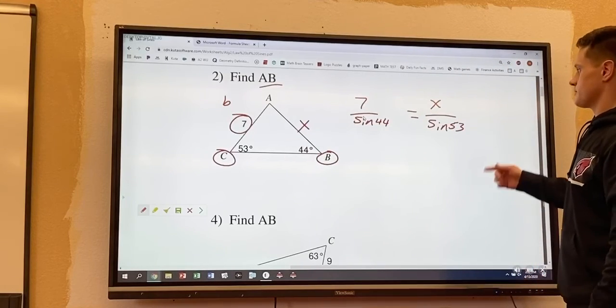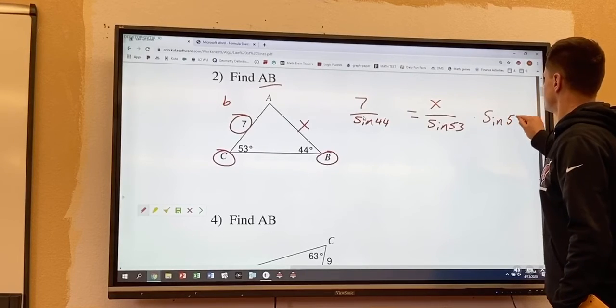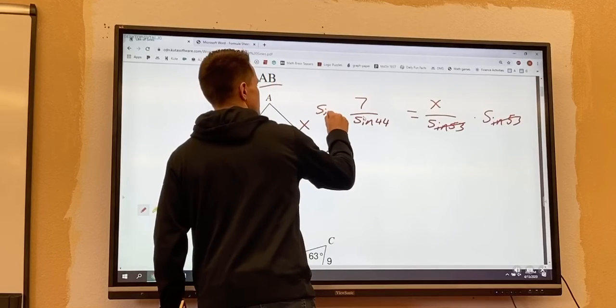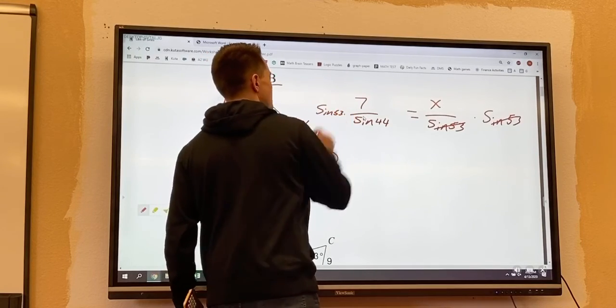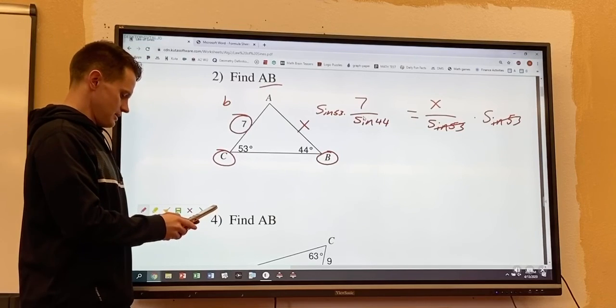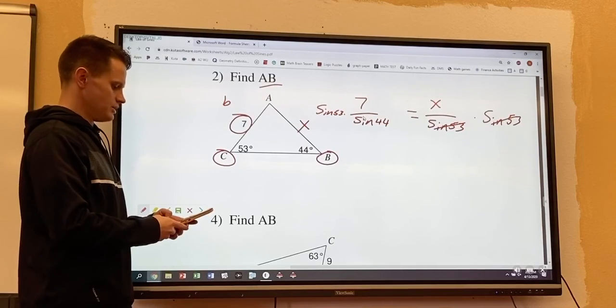And then from here again, just isolate your variable. Sine of 53, that cancels, you have sine of 53 times 7 over sine of 44, and that is going to be 8.0